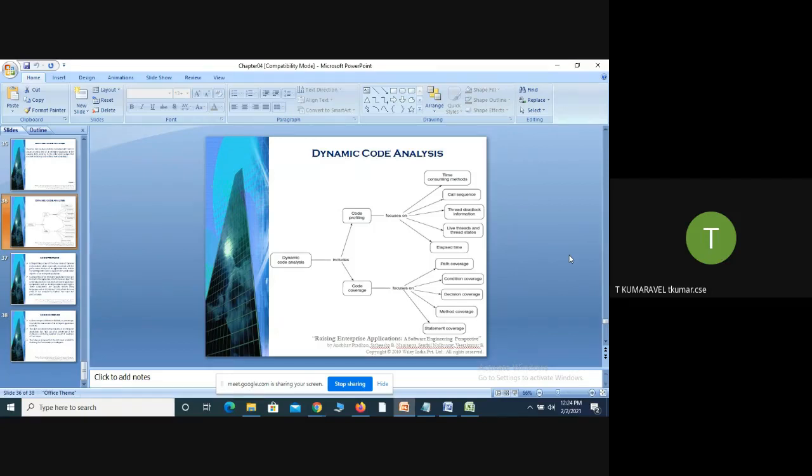How many times it will get the input from the user, and how many times it goes to the sleep state. Those times we call the elapsed time. So we are going to find that out. These are the operations that focus on code profiling. The next one is called